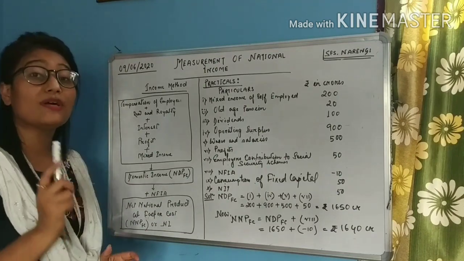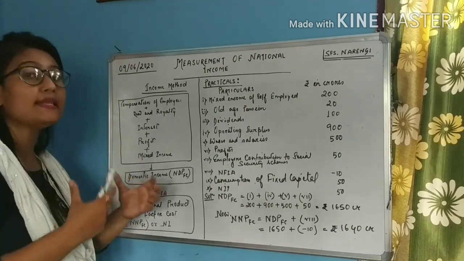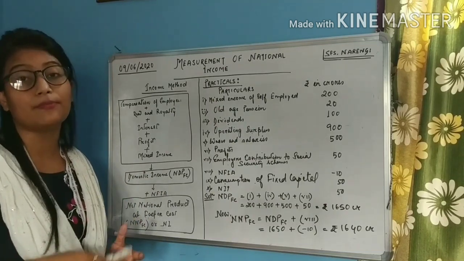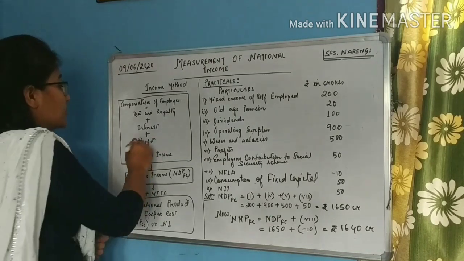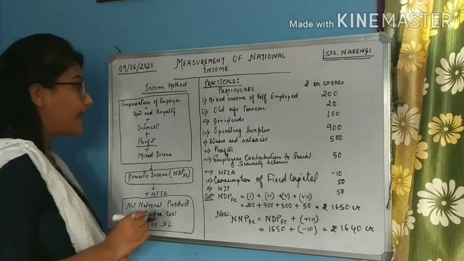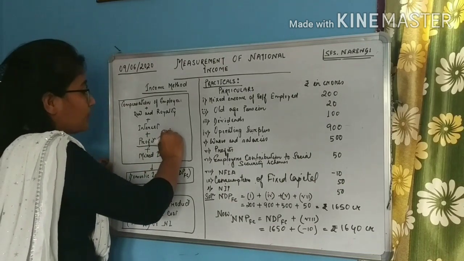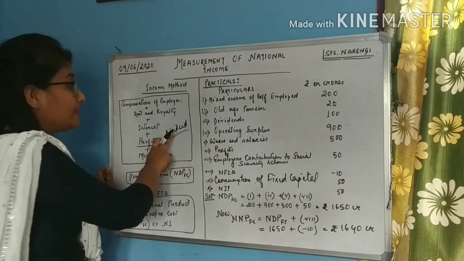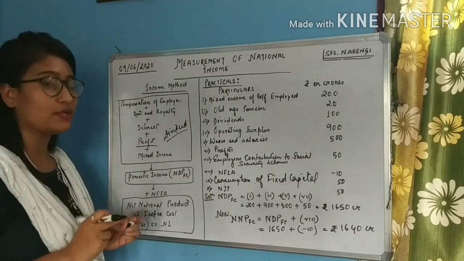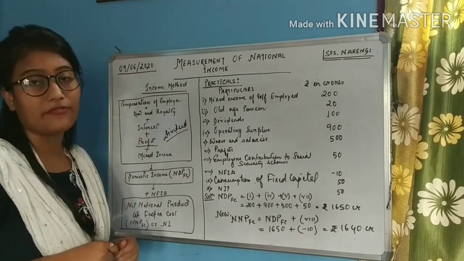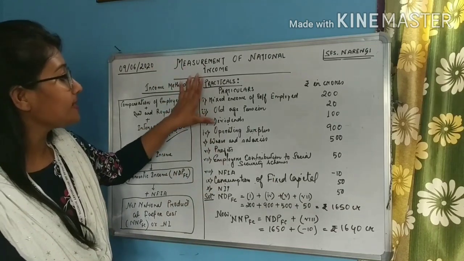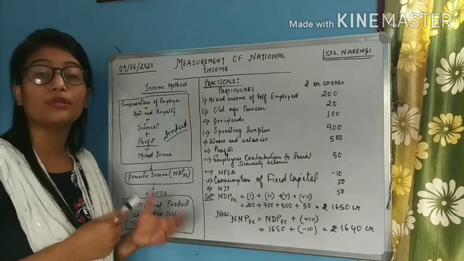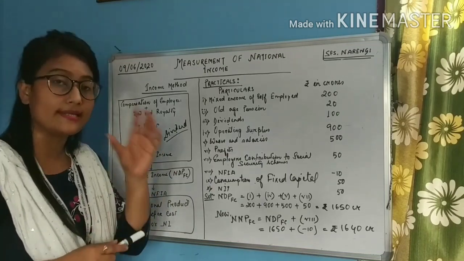Okay. But students, one very important thing, while adding the components in any practical or any numerical, just make sure that you are not adding something twice. Sometimes what happens, students, profit will be given, and along with this, dividends might also be given. But students, we all know that dividends is a part of profit, right? So if we add dividends again, this will lead to a problem of double counting. So this kind of precautions are very important to be taken. Okay. So students, let us now try to solve one sum that will help us become more clear with what to include and what not to include. The various type of precautions that are necessary to be taken.